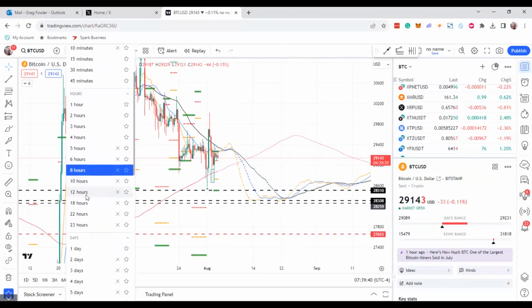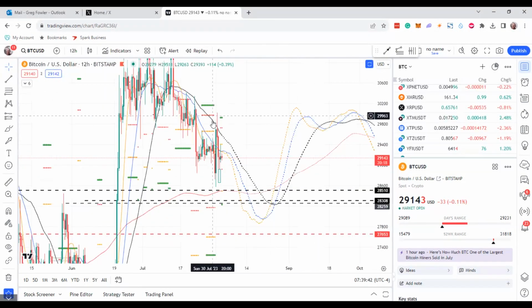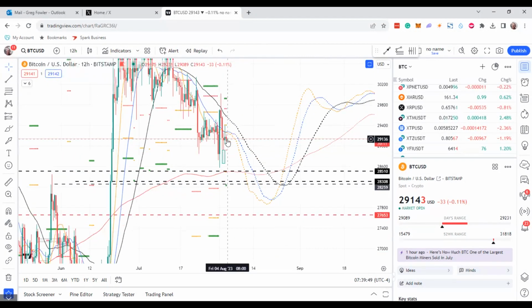I'm going to go back to a 12-hour chart. So I went and I checked those on the 8-hour. I'm like, okay, I got hidden bearish. The algos are telling me it's going to go down. So in this instance, I got Friday, probably not going to do anything. I got these here and here, probably telling me it's going to go sideways. And I go up over here.